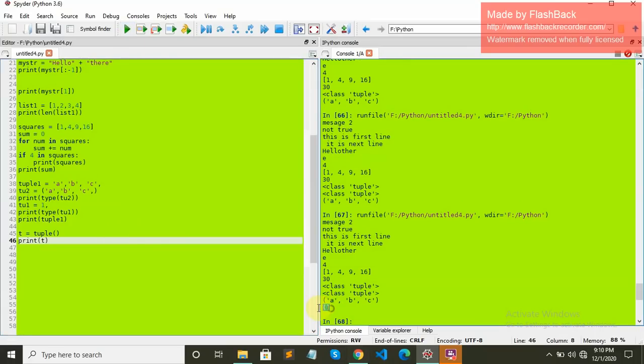You can see an empty bracket is on the screen. Since tuple is the name of a constructor, try not to use it as the name of a variable. If you do it that way, then you will get a syntax error saying that you have used a keyword or something like this. So it is a good idea not to use tuple as the variable name.